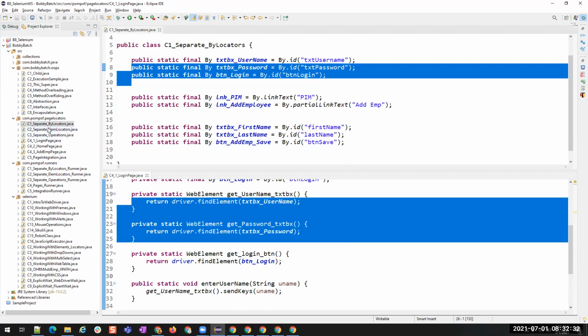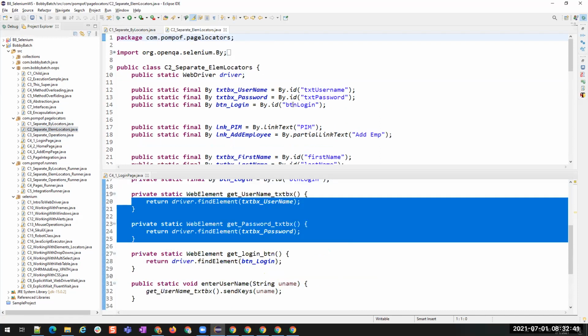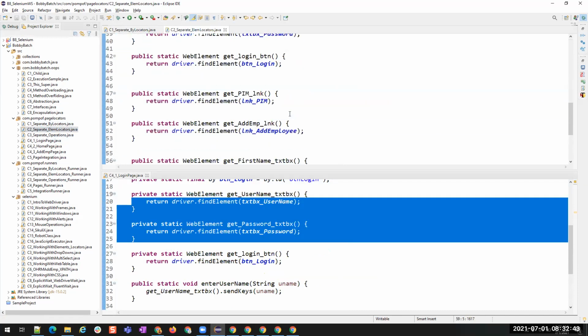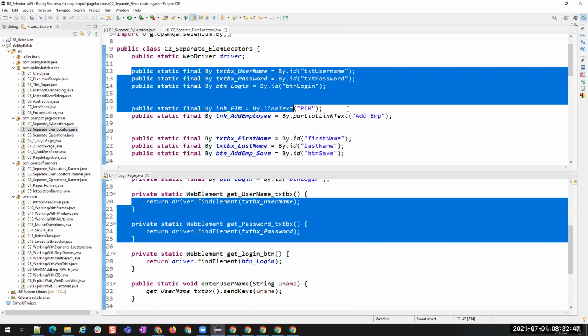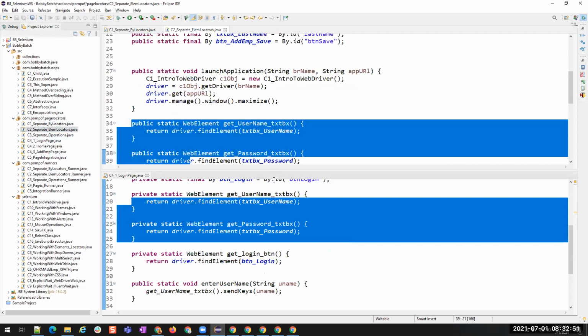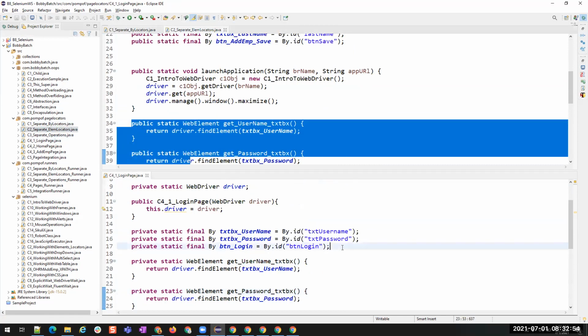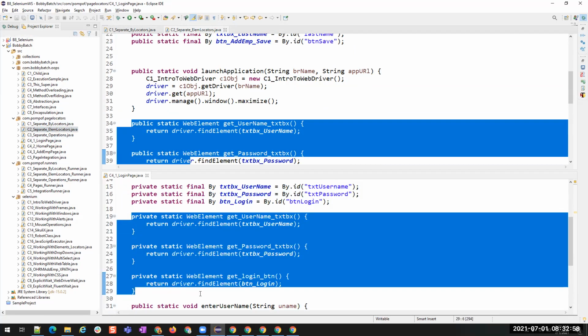Okay, this is by locators and then I have element locators. Let me open this element locators. It is opening here. Now you see the element locators. You have these elements and then you have the methods which are returning those elements. So I have all these things inside this class in a single page.